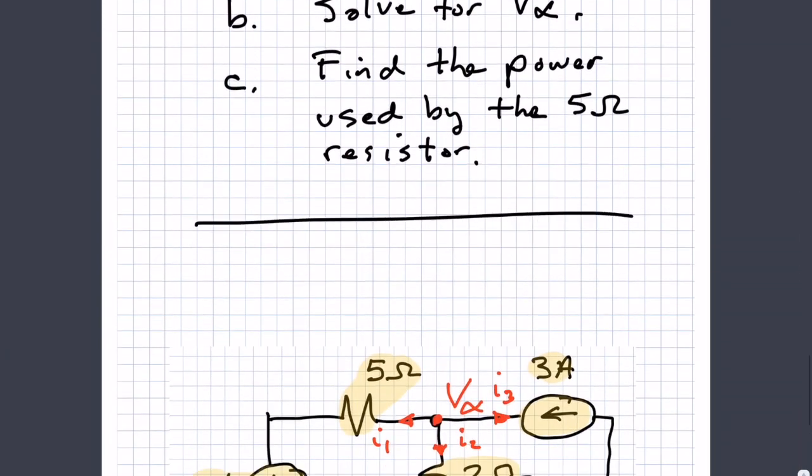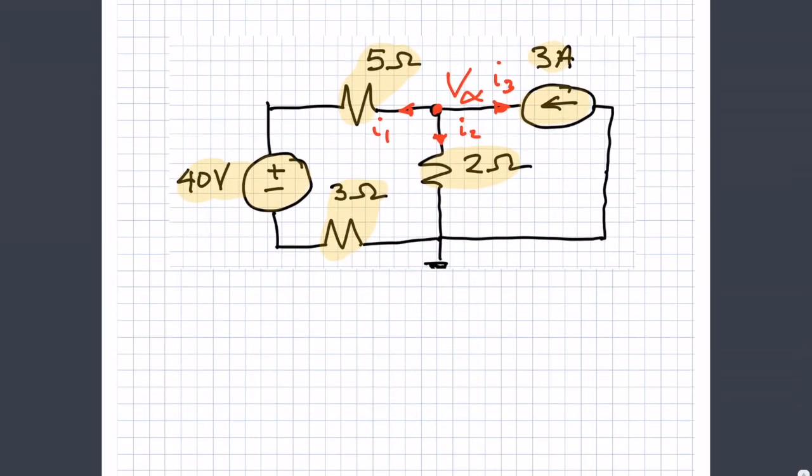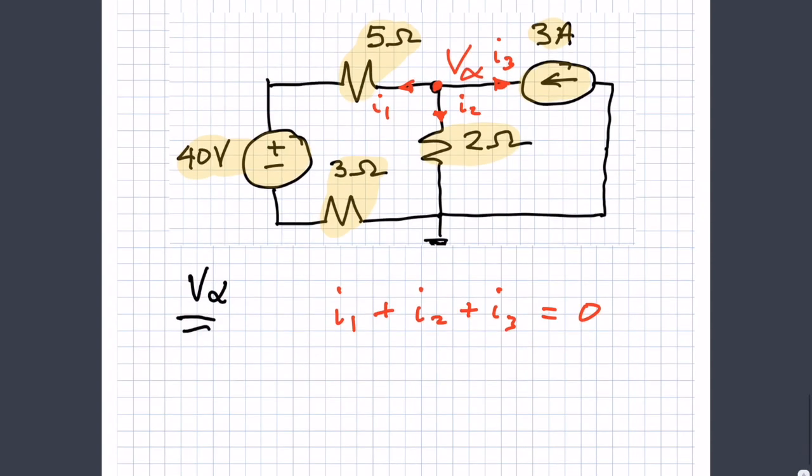Okay, so I've replicated the circuit here. And so let's write the node equations for V alpha. Okay, so we talked about in class that we draw these currents coming out of the node and that the sum of the currents at any node is 0. Okay, from there we need to find the current I1, and so we notice there's this branch,